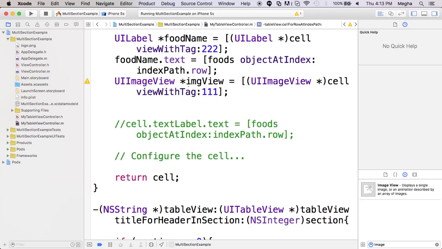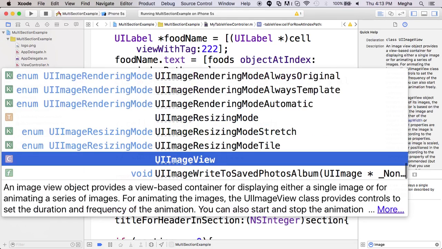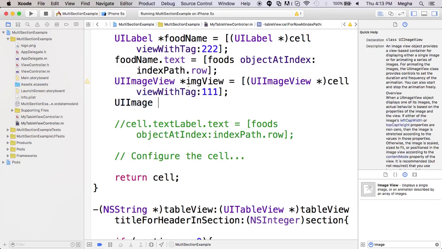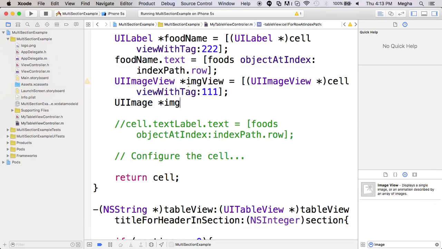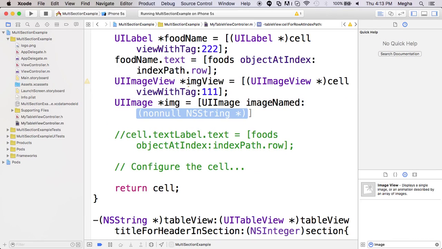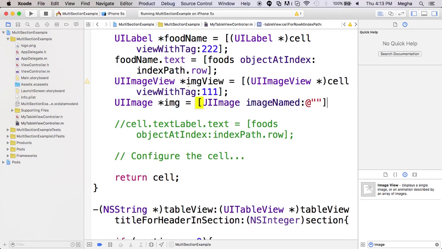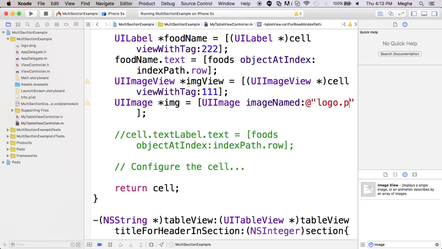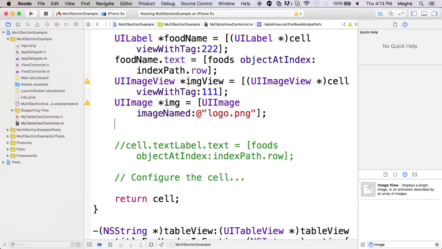Image view require an image, so initialize the UI image. Image named. For example, just give the name of your image. In this case, I dragged an image called logo.png. Just give a .png. Make sure you have it put inside, otherwise it cannot find such an image having this name. So you got an image and attach